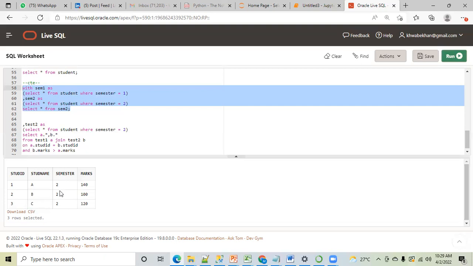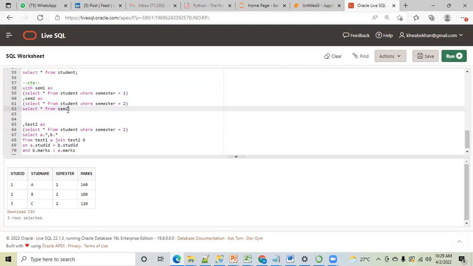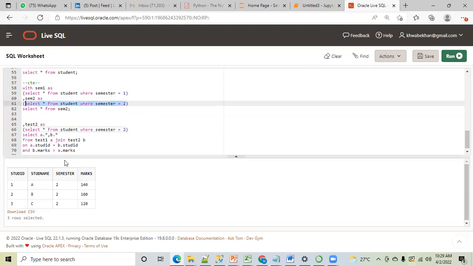Okay, so that's why you got semester 2 output only. But here in this query, we have semester 1 as well. Why am I not getting semester 1 output? Because it's a temporary table. After that, we are running the SEM2 one again, right? You selected select star from SEM2, so you want the data fetched from that table. Because I'm telling the SQL engine that I want to see the data of semester 2 only. That is why it is showing me the same. You have this output, that's why you're getting this output.